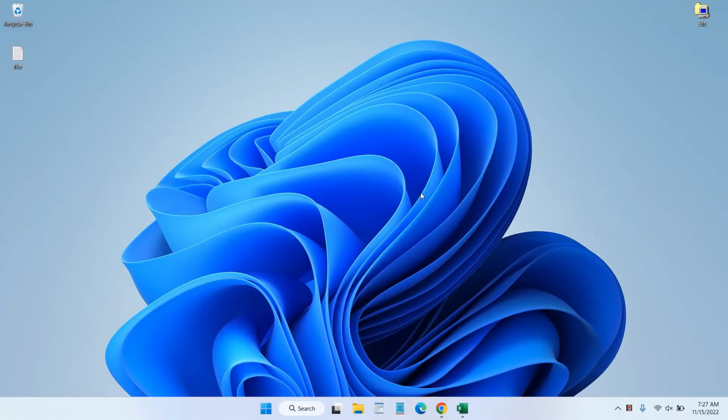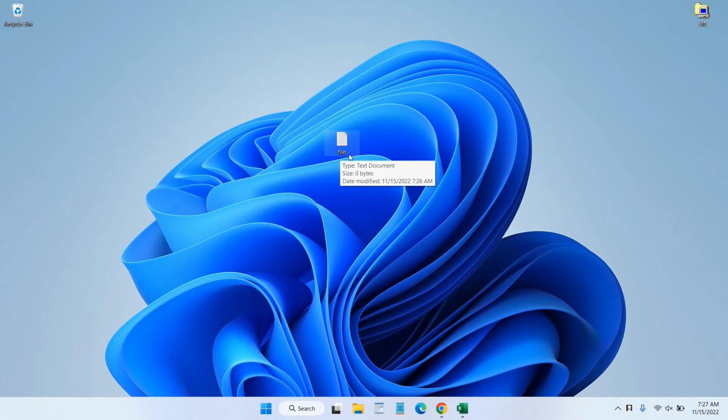In this video, we will show you how to change file extension on Windows 11. As you can see here, in the default after installation of Windows 11, the extension of the file does not appear. For example, this is a file on the desktop, and first before we change the extension, we need to